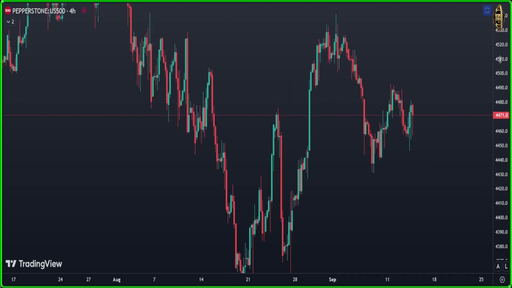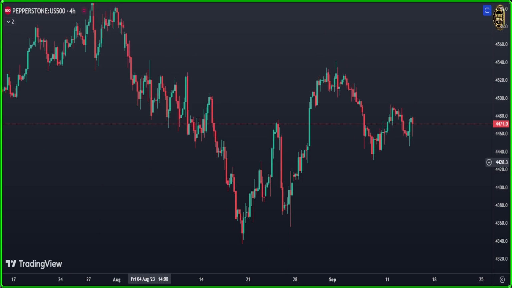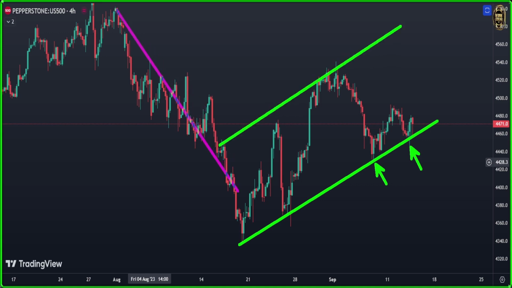Another thing I told you here: we got down here at that level a channel like that, as you see. It touches here and it touches here. It couldn't break it again. The top of that channel is up here, as you see. Is it a flag like that? If you draw it like that, it is a flag. But I don't treat it as a flag. I treat it as an up channel. As you see, it touched the top of it here, fell down, touched it here, now here. Now the market needs to break up the neckline of that double bottom here. If it breaks, it's going to go up till here or till it touches the top of that channel here. So everything still looks normal.